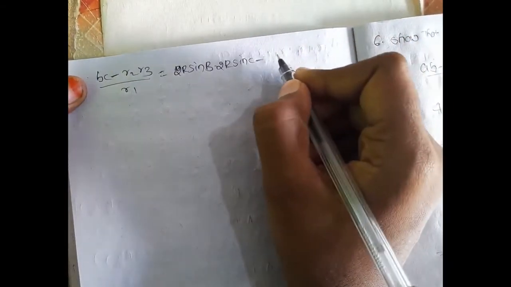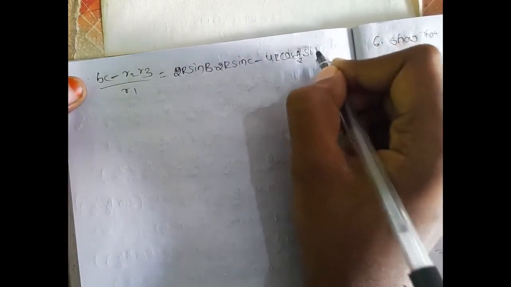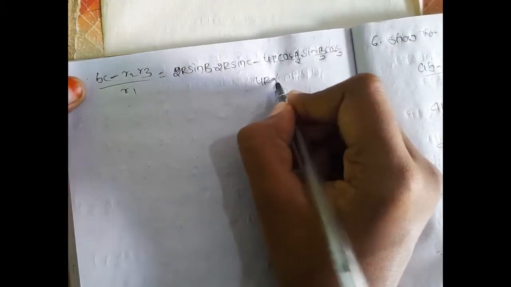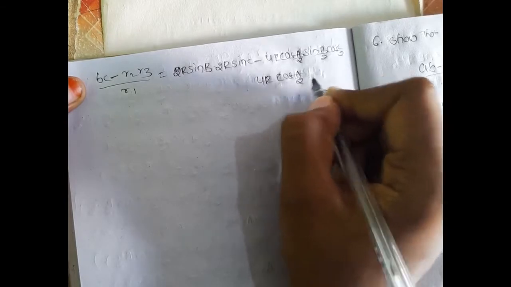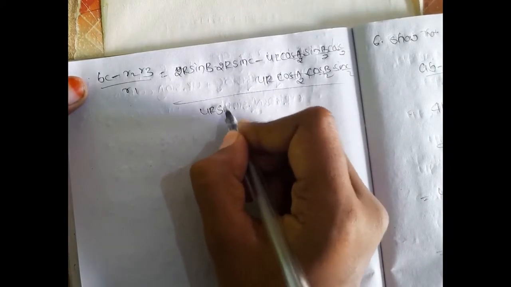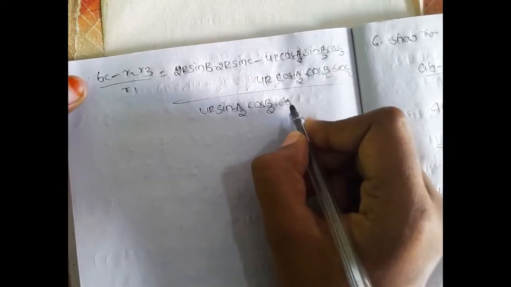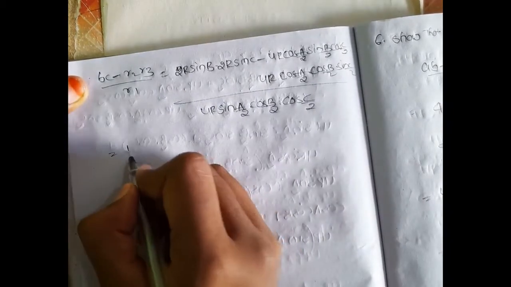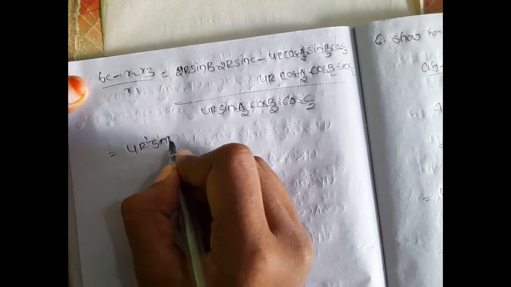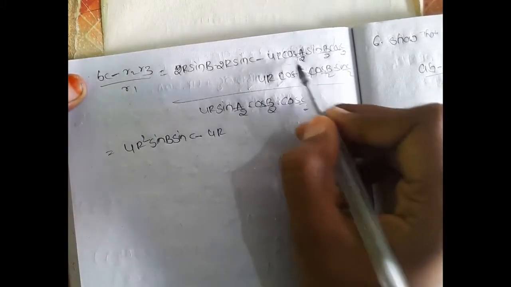What is r2? 4r cos a by 2 sin b by 2 cos c by 2 into 4r cos a by 2 cos b by 2 sin c by 2 by 4r sin a by 2 cos b by 2 cos c by 2 equals 4r square sin b sin c minus 4r cos a by 2 cos a by 2 cos